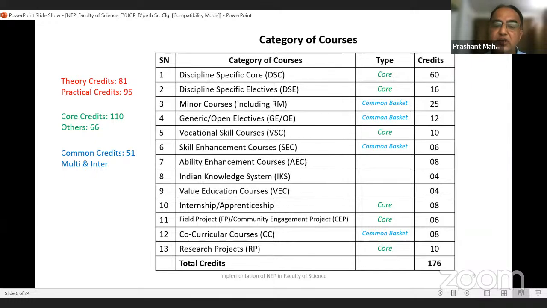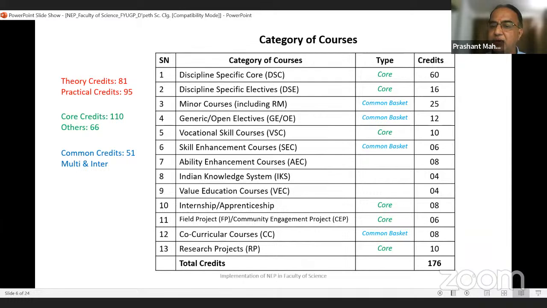Though these 3, 7, 8, and 9 are also common, they are common to the discipline of science. Therefore, I did not write them as common basket because I did not create any basket for them. The Chairman Board of Studies have taken care that the subjects related to IKS, AEC, and VEC should be mentioned there in the scheme itself, except AEC,